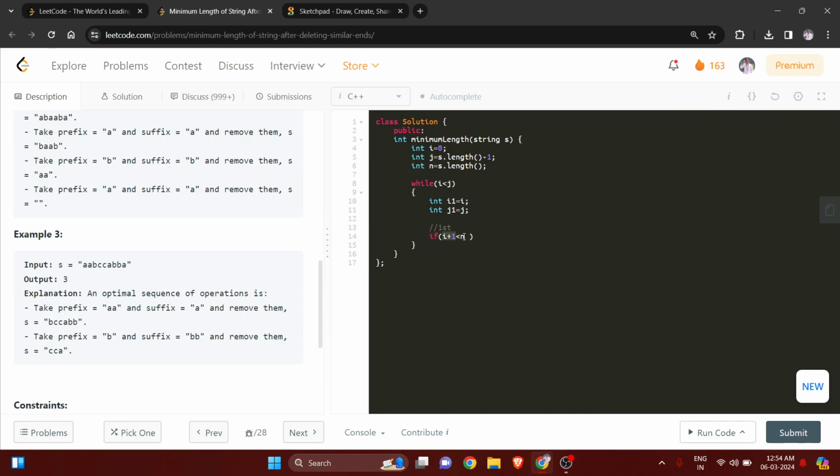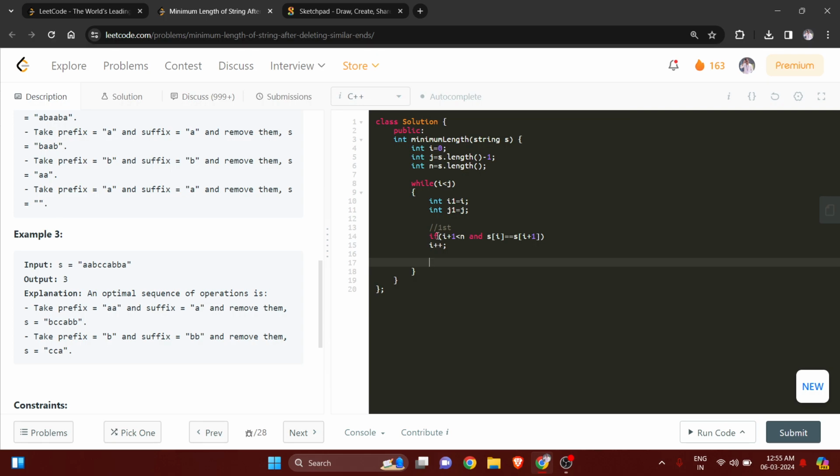We're just checking whether it is available or not. If we are at the last index, then it is not going to return true, and this should be less than n, and our S[i] should be equal to S[i plus 1]. So if both conditions are true, then we are going to increase our I by plus plus,